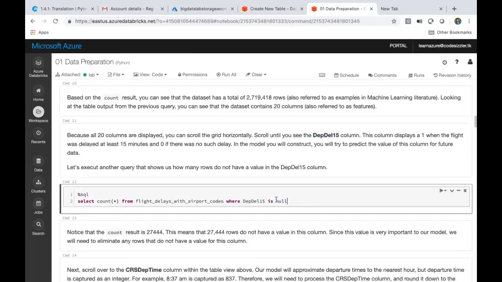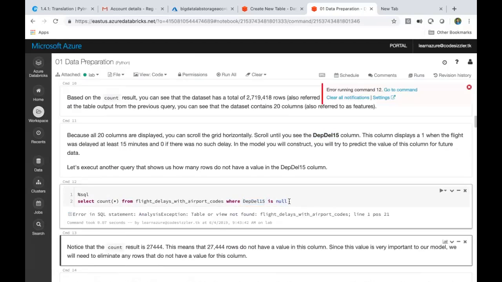Which means that if you have null, we can't predict the values. I hope everyone who is new to machine learning is understanding this concept, right? Because if you want to predict something on this variable, I should have my data with full values, or else it will be problematic for me. So I'm just checking if there are any null values in this. This is all the data cleansing or data preparation stage.